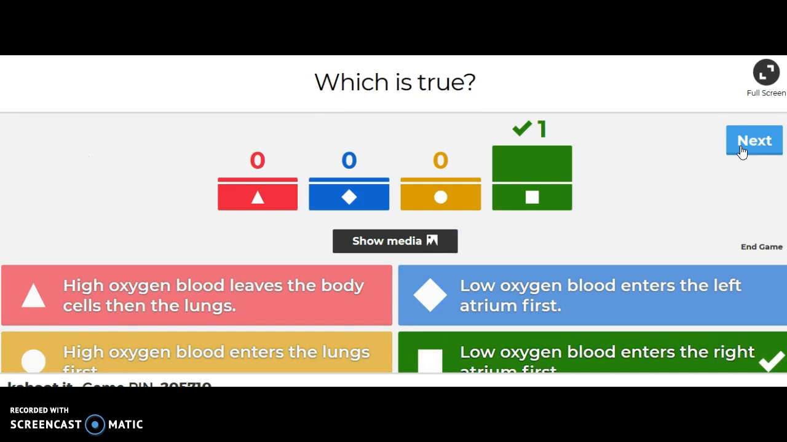And this one is that the low oxygen blood enters the right side of the heart. It then gets pumped to the lungs. It then comes back with oxygen and then goes to the left side of the heart and gets pumped back to the body,